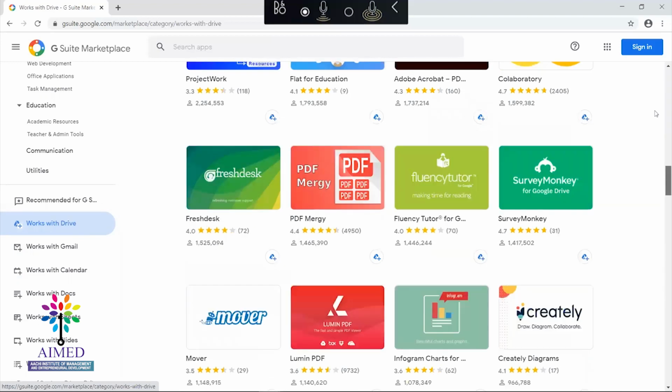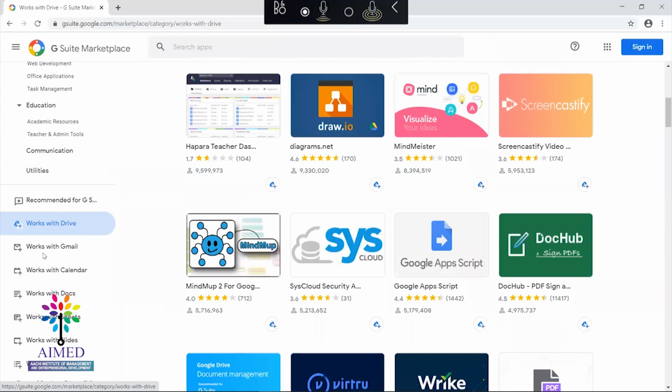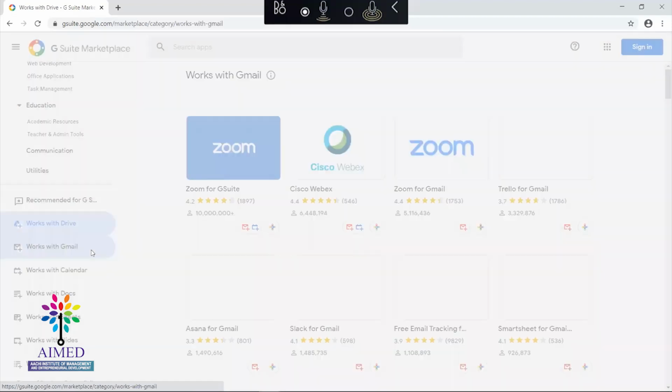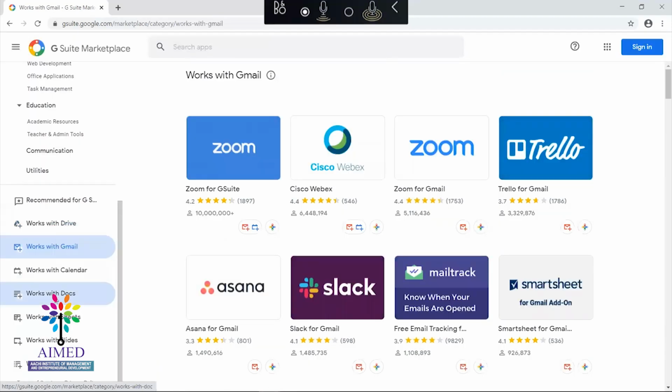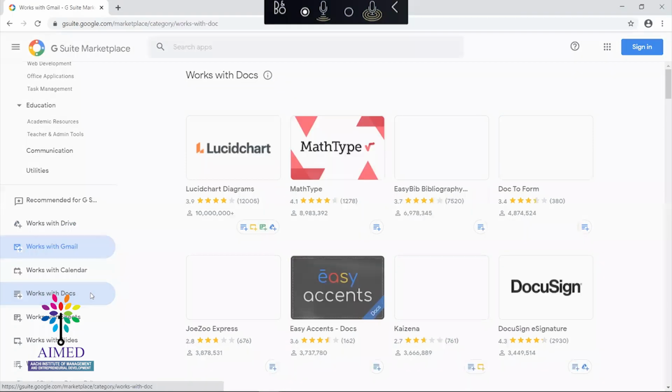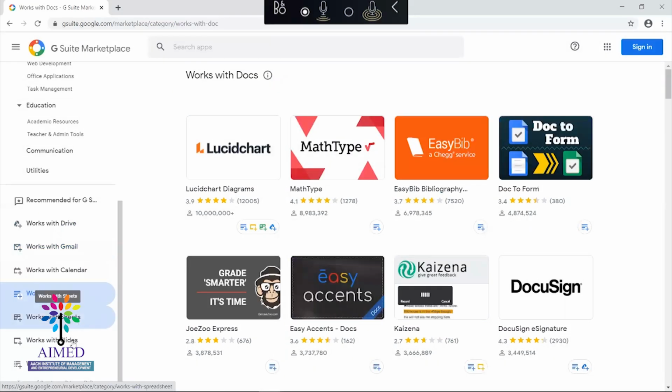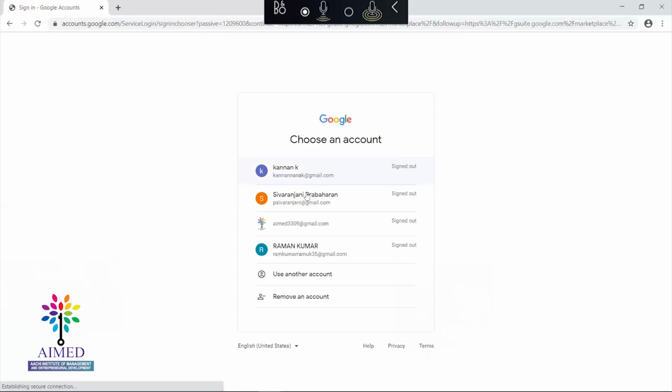And you can see the add-ons which work with Gmail, and the list of add-ons which work with Documents, Sheets, Slides and Forms. This is how Google Marketplace looks. It is somewhat similar to Android's Play Store. Now I'm signing in.